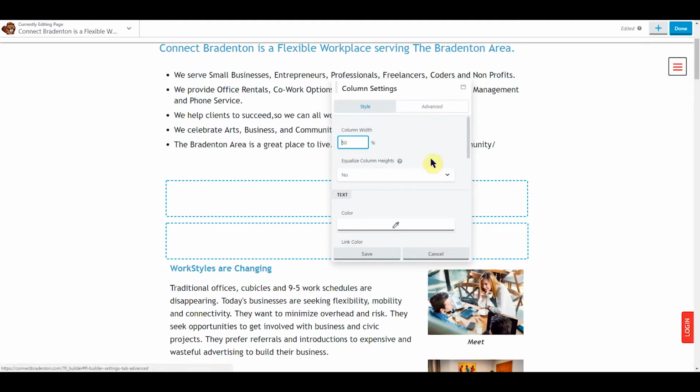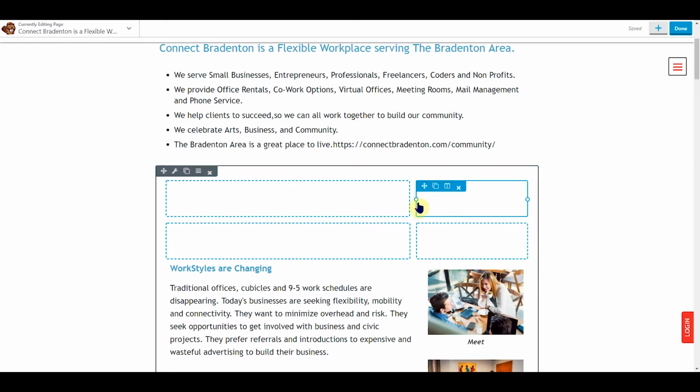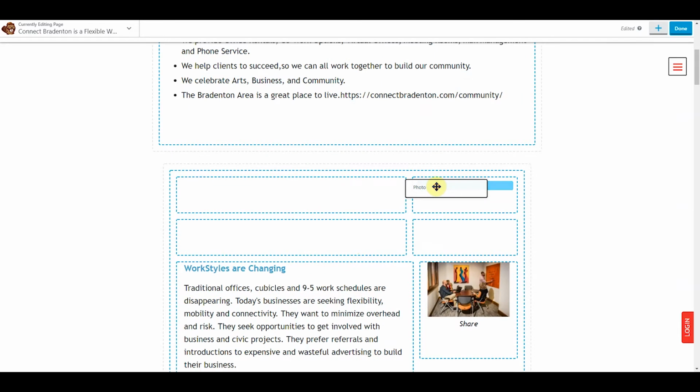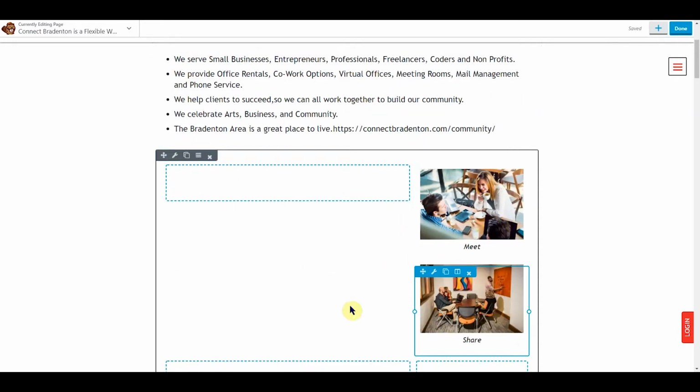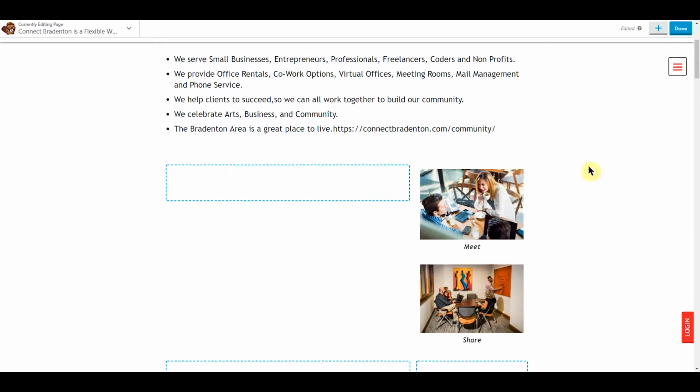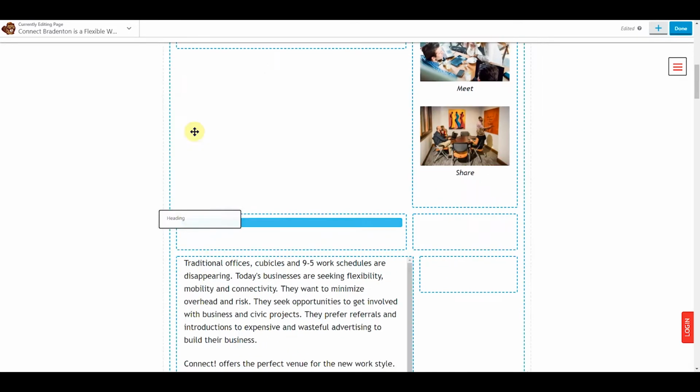You can also do it with your column settings, 32. So each of these are the same width. I'm going to drag the modules where I want them. So I'm dragging two photo modules into one row. See, this is empty, but it's forcing itself to be one row. Then I'm going to drag these two modules, the heading